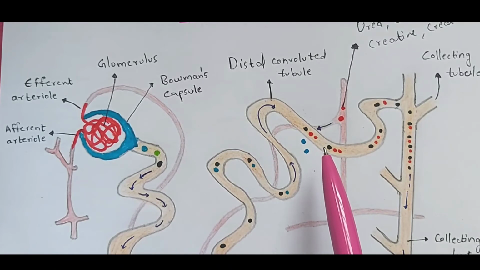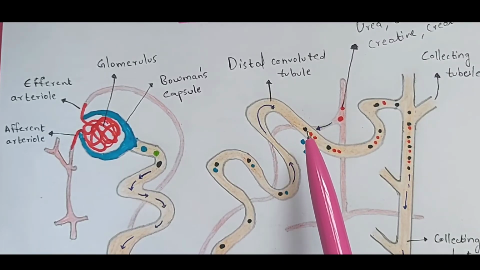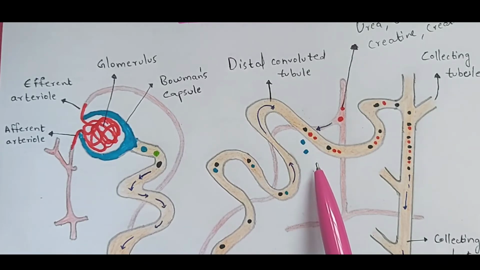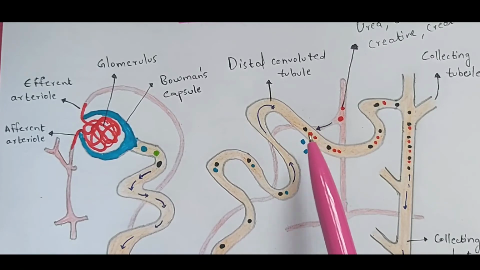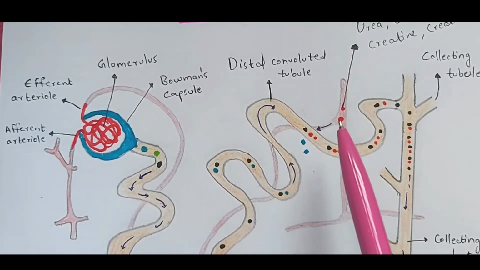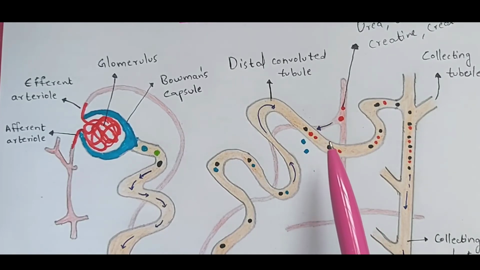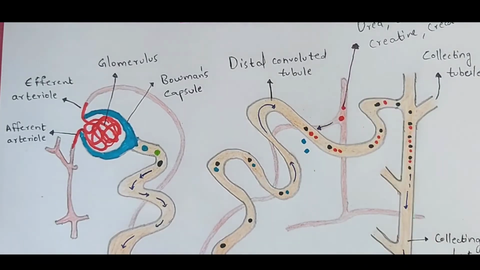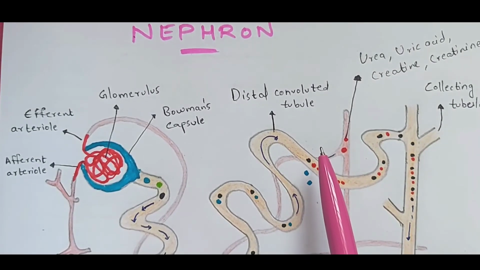And now the water molecules, of which 30% are present, right? And that will be released out. So once it is released out, only 20% of water molecules will be released out, but the remaining 10% of water will be present as it is. Okay, and now the 10% of water molecules and the urea, all of these molecules which are present in the blood, have been absorbed by this distal convoluted tubule, right?